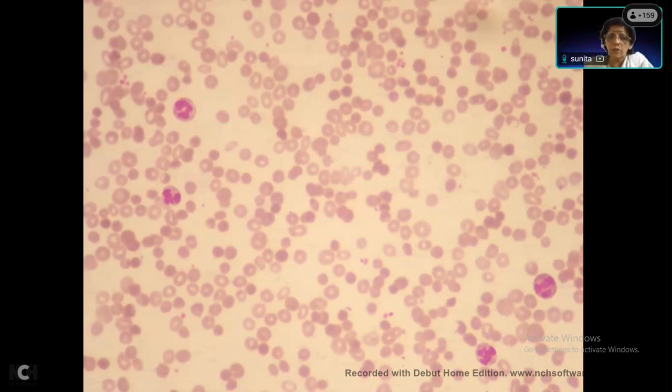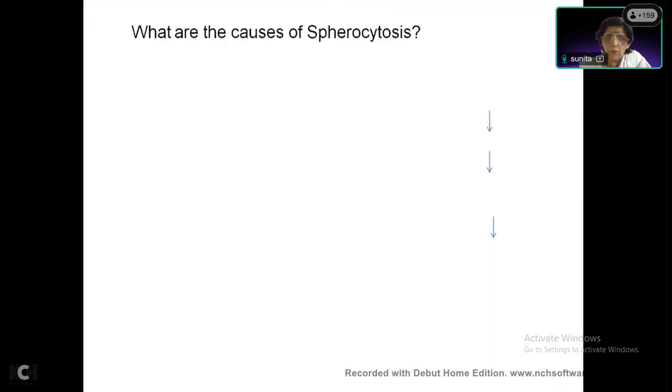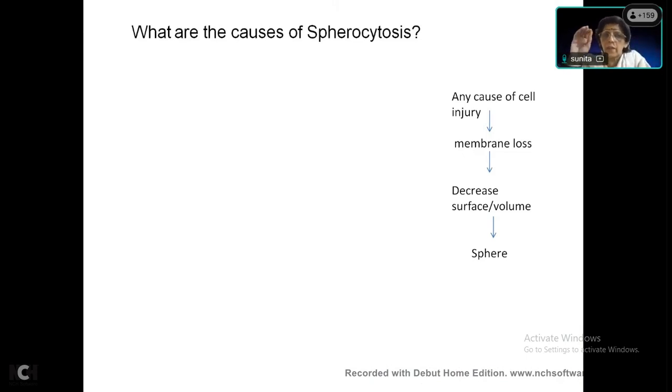You should know what are the causes of spherocytes, and accordingly you have to investigate. So what are the causes of spherocytosis? Remember one thing, with any cause of cell injury, if there is some membrane loss, the ratio of surface to volume is decreased, and that is why the cells assume a spherical shape. So we start first, the two important causes of spherocytes are hereditary spherocytosis and autoimmune hemolytic anemia. What happens in hereditary spherocytosis? There is a defect in the cell membrane,